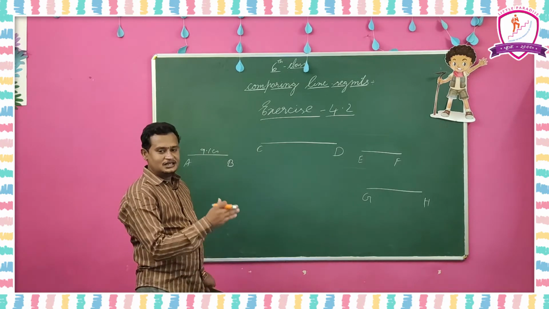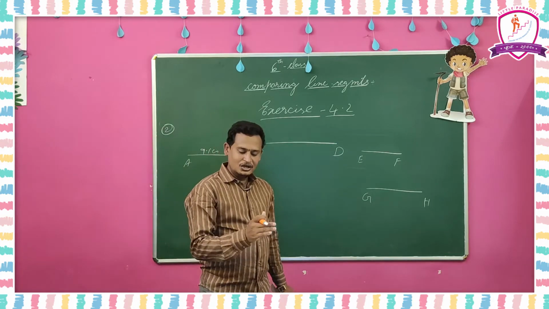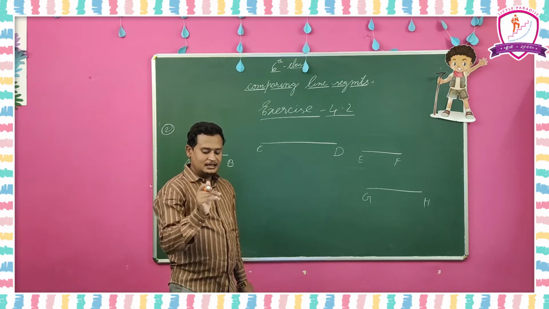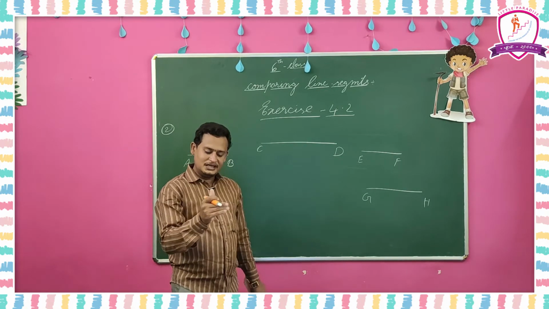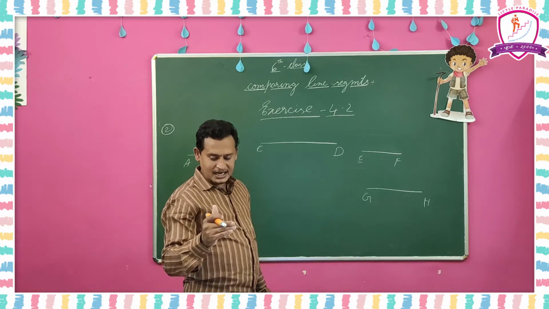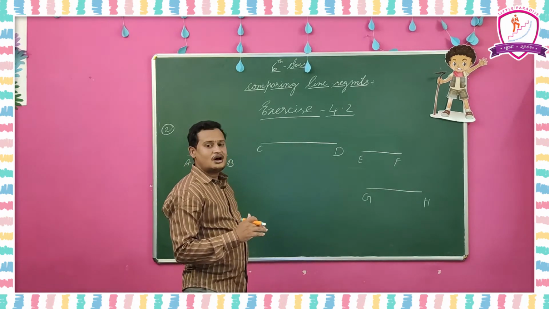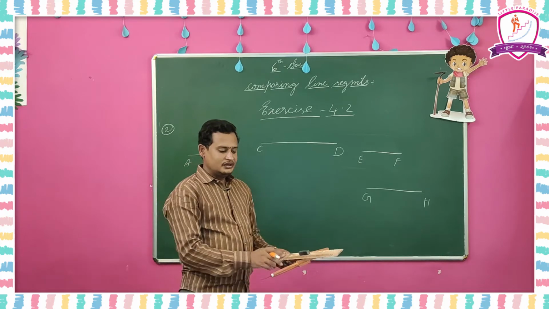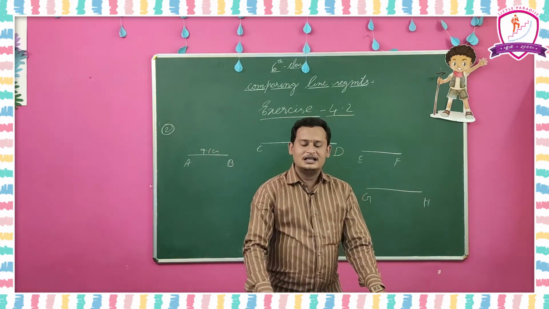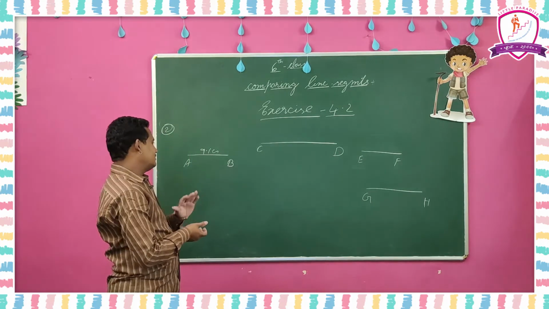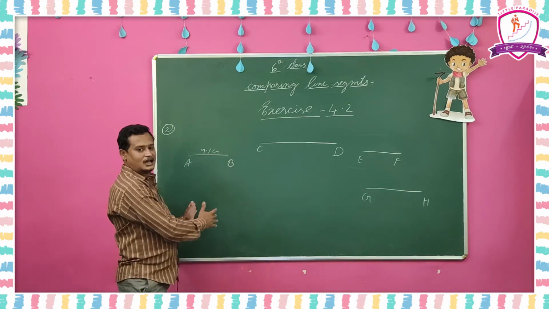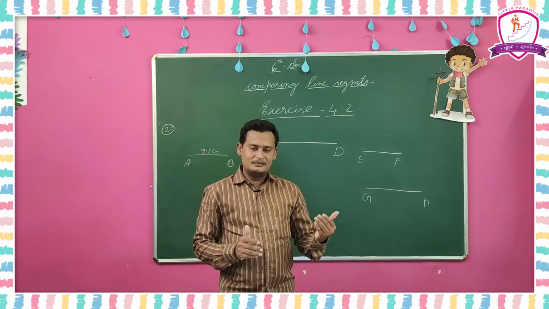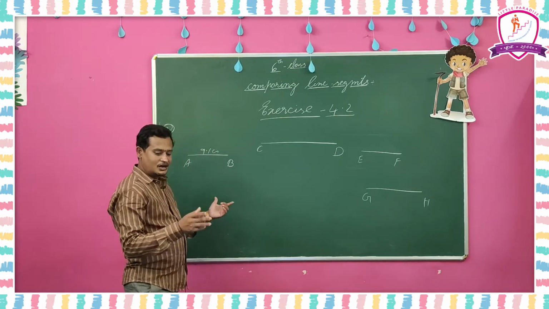In your textbook it need not be 9.1 centimeters. You have to find the length of AB in your textbook, how much it is. Okay, you have to find the line length of AB, CD, EF and GH, the lengths of all the line segments, first using the divider and scale. Then write those in the ascending order, meaning small to big, which is the smallest line segment. Maybe EF is small, next AB, like that you have to arrange them. Maybe EF is small or AB is small, you have to find.